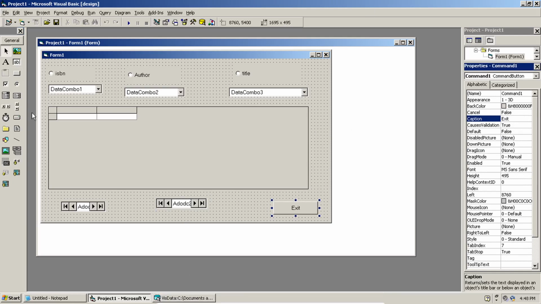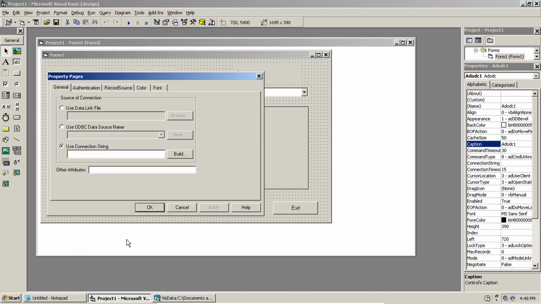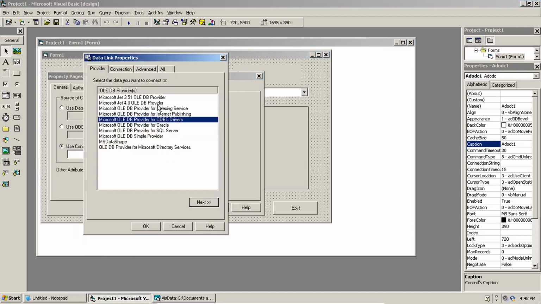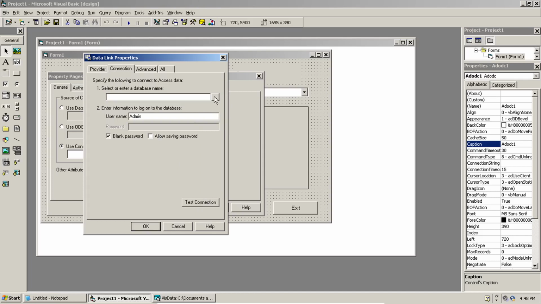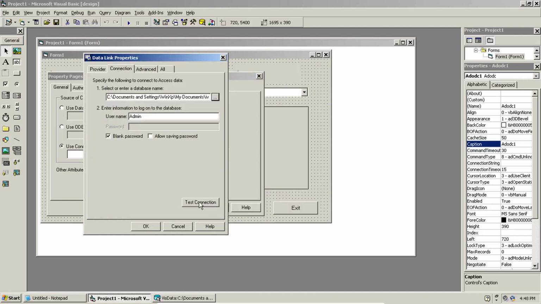Now let me go to the data combo. Or first let me go to ADO-DC1. Right click, properties, go to the connection string, build. Use the Microsoft Jet4 OLEDB provider and say next. Select the database and then test the connection.